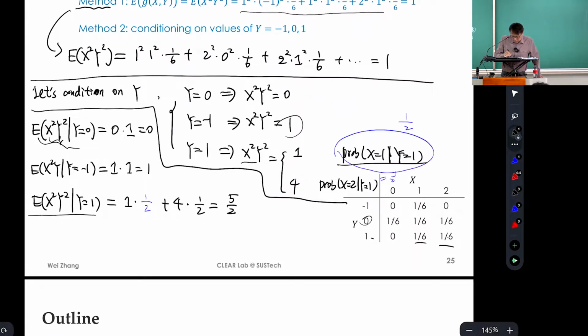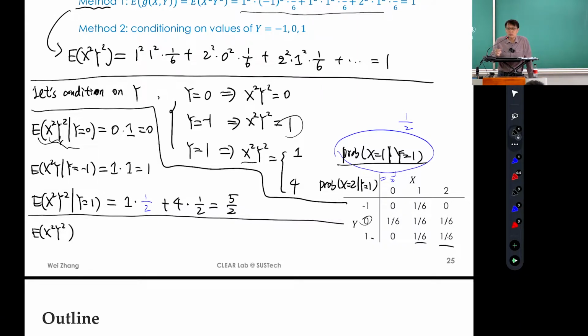Okay, divide and conquer, I divide into 3 cases. Now I can sum them together. So overall, if I don't care about what y it is, I need to do the summation. It's like divide and conquer of the law of total probability. So what you have is,